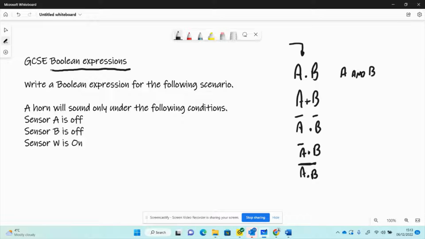So that's A and B. We've got the plus on this side, which is A or B. And then we've got the over bar here, which is not A and not B in this case. And then we've got this one here with an over bar on the A, so that's not A and